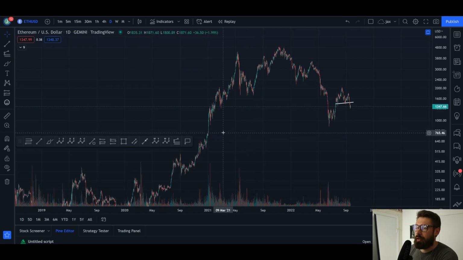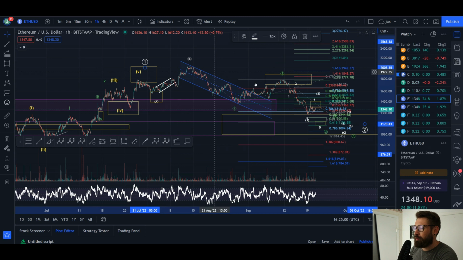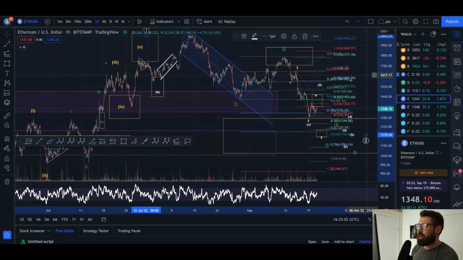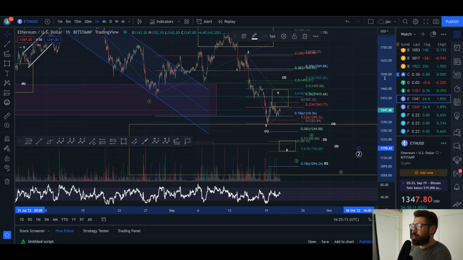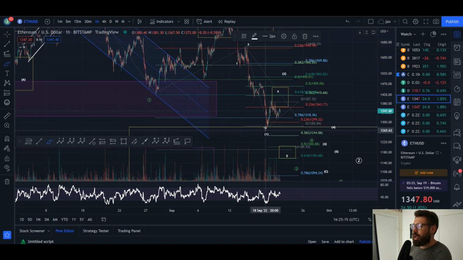All right, guys. That's basically it for this update. If we do come down and break this low, then look for a wave 5 target to take you down around 1,000 to about 1,200. But if we do push up, we could be putting in an ABC correction, wave A. This is a wave B. We push up in a wave C.